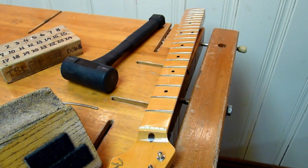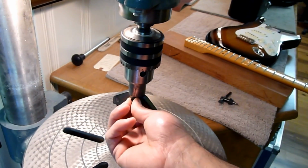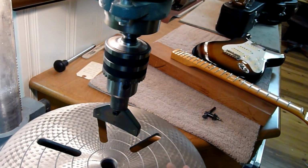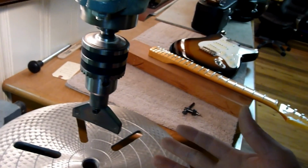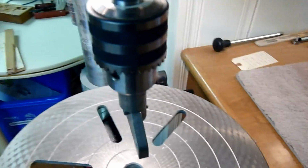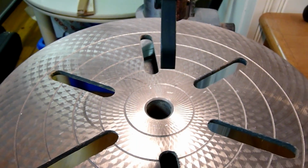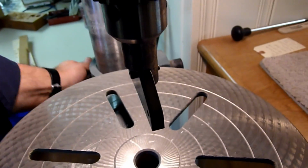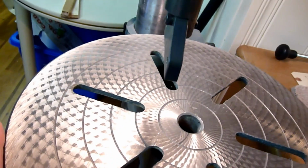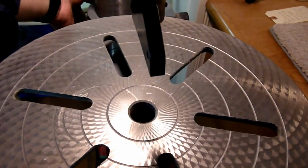All right, off to the press. So I'm using my drill press as an arbor press. If you're going to use a drill press, just be careful of a couple of things. Number one, it's really not meant for this kind of thing. So I'm careful to make sure that the caul is positioned right over the center of the table. I don't want the table, let me just loosen this off, I don't want to be pressing it with a table like that, because then it will want to tilt the table this way as you apply pressure. So right over the center is where we want it,